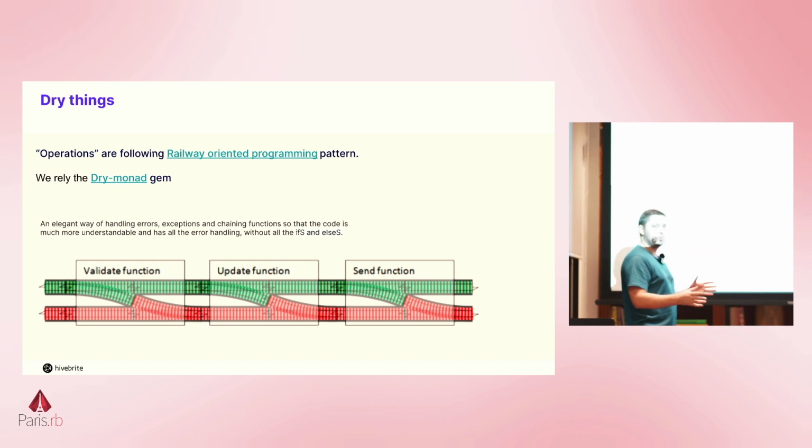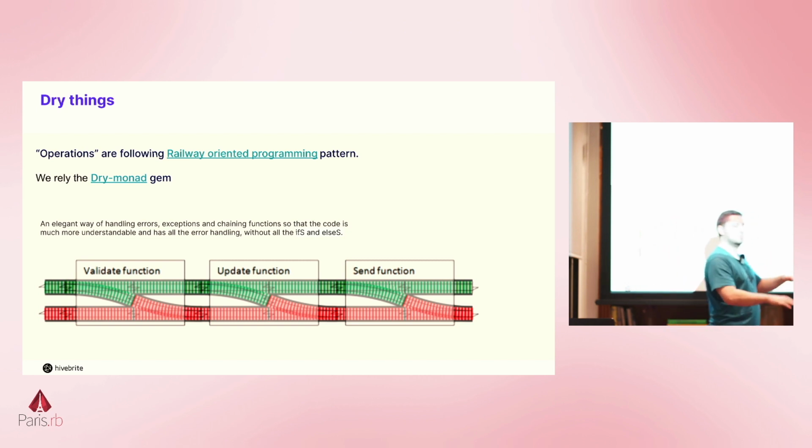Without worrying too much about the errors. You get this almost free of charge, where at each step, if something bad happens, like for example at the validation, you don't go through the next phases, you go on the error rail and you exit